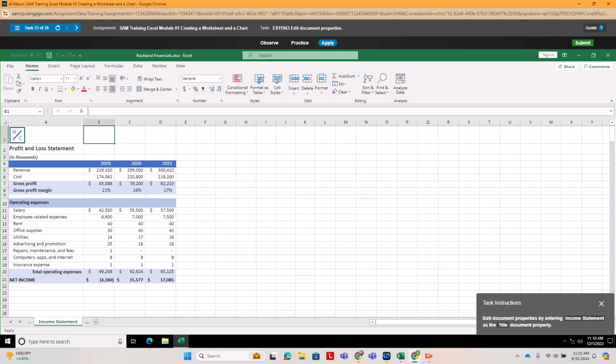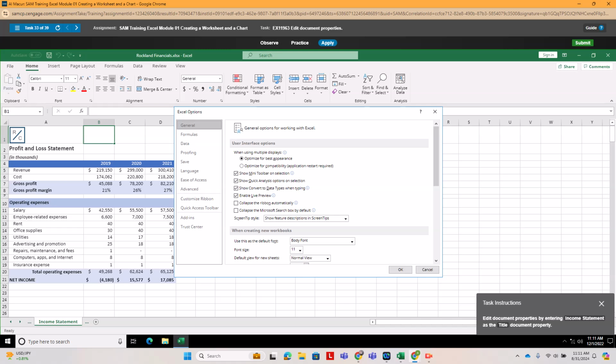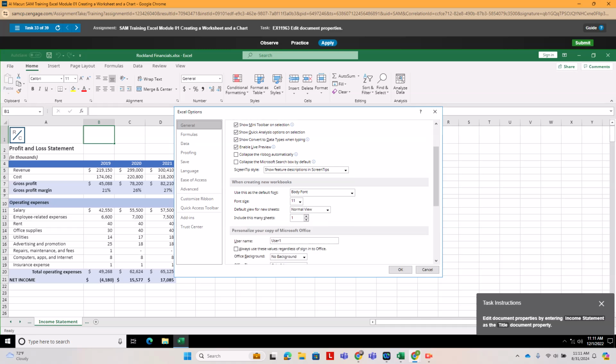So now we want to edit properties of this document. This brings us to our backstage view of our ribbon, which is in the file section of our ribbon. We want to edit properties by entering income statement as the title document property. So if we go down to options here,